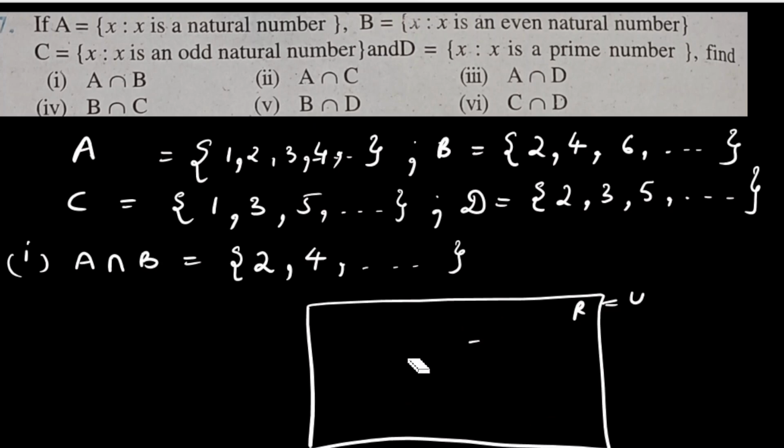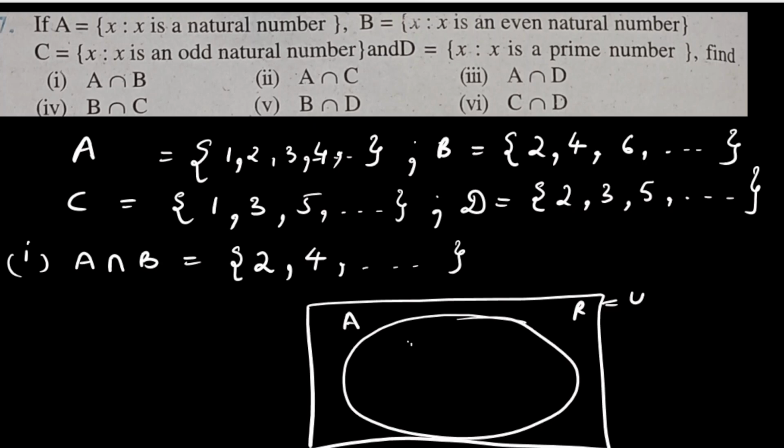Okay, I'll do it differently. Suppose this is the set of natural numbers, A. This is A. This is B. B is a set of even natural numbers, C is a set of odd natural numbers, and then prime numbers, like this. So this is a set D. If you understand one thing from here, it is that B, C, and D are all subsets of A.